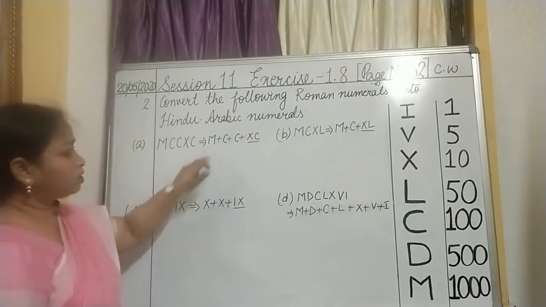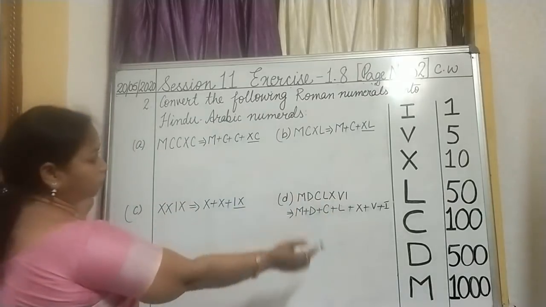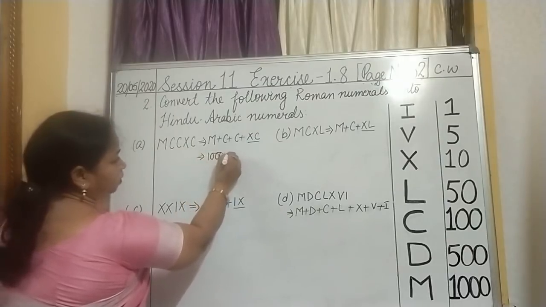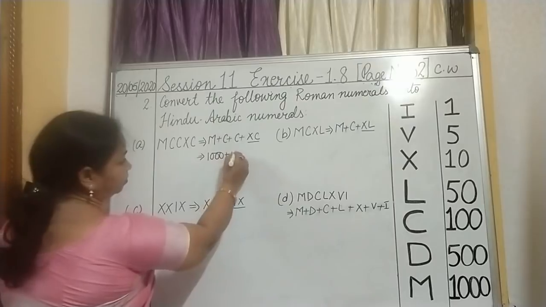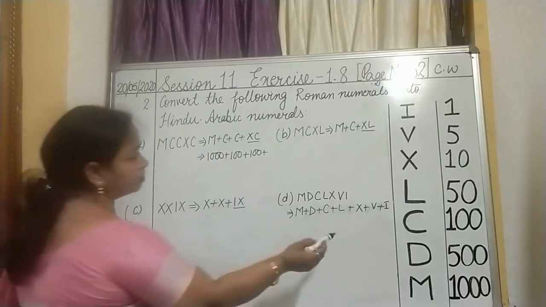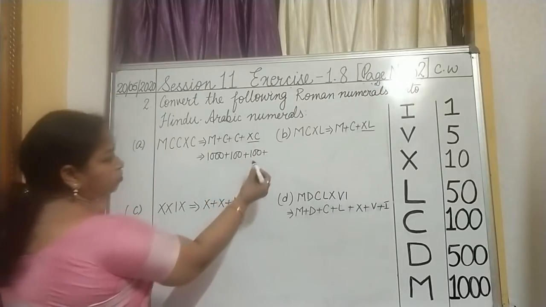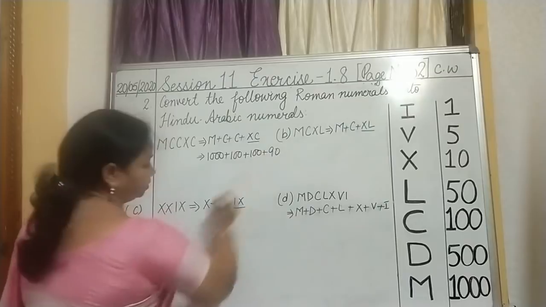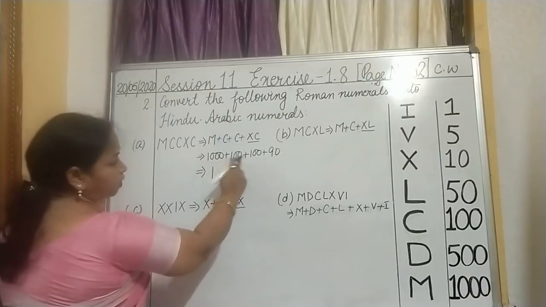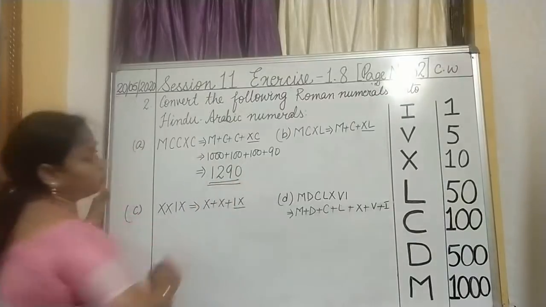Let us see it. What is the value of M? Now this very tool is always going to help me. So the value of M is 1000, isn't it? Okay. What is the value of C? 100. Then once again 100. What is the value of XC? When I say C is here and X is before, that means 100 minus 10. So what will be the value? The value will be 90. So the answer will be 1000, 100 plus 100 is 200, plus 90 is 1290. So children, this is your answer.